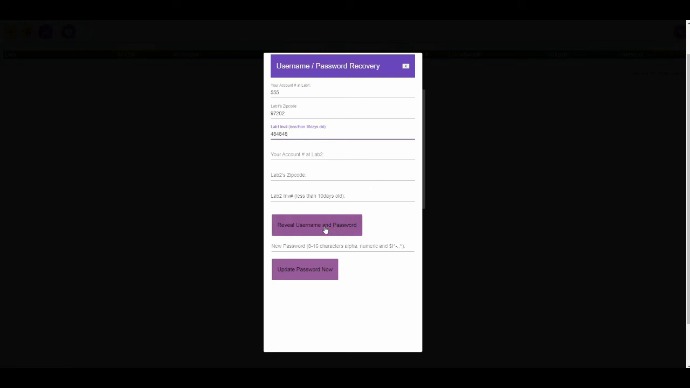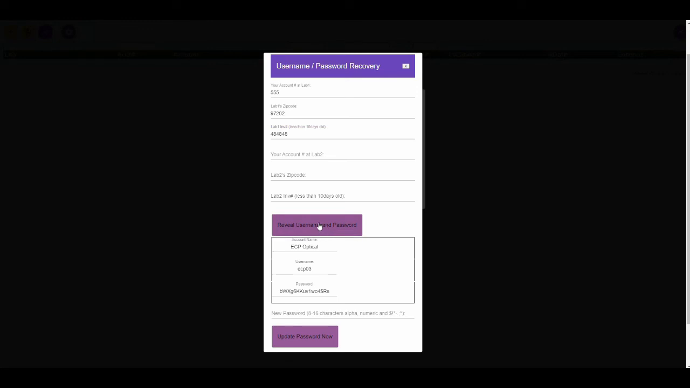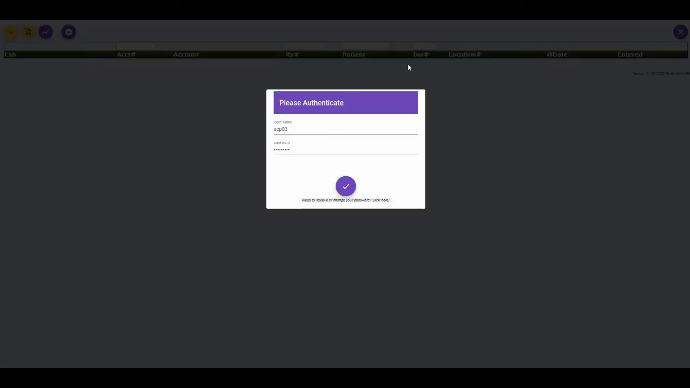Now I'm going to press Reveal Username and Password. I'm going to see my username, account name, and password. This is an auto-generated password by our system, so we might want to change it to something more memorable. You can see that it's now updated the password. I can exit, and my information will already be filled in on the login screen, so I can log in to